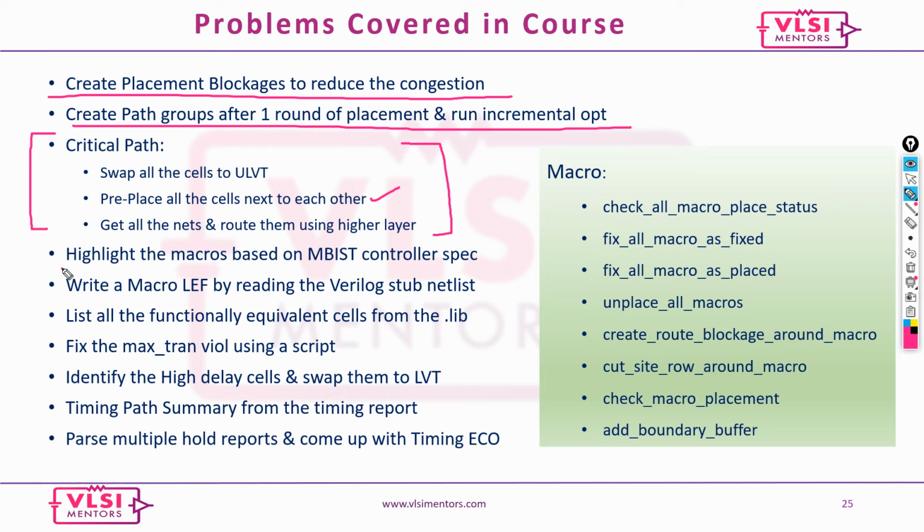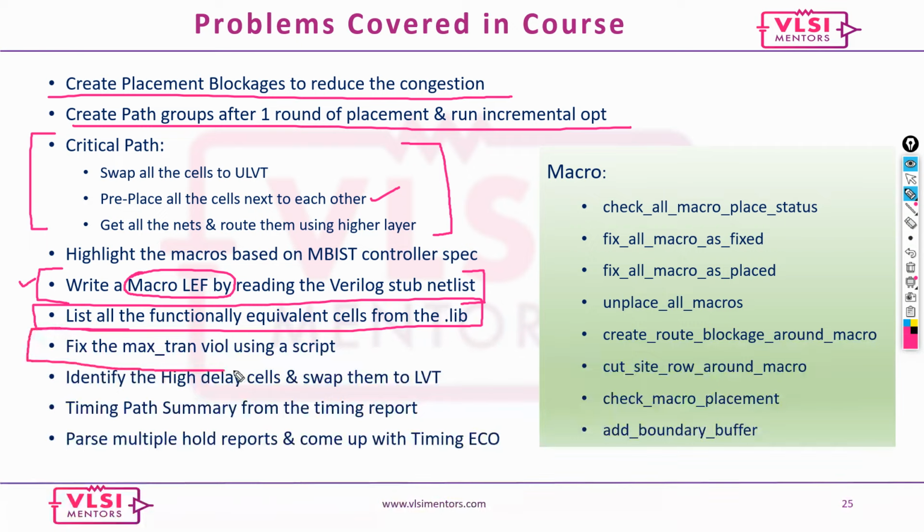And sometimes you may have only the Verilog netlist. You might get started in the initial phase, and you might want to create a LEF by yourself, so you can create your own LEF with the help of the Verilog netlist. And identify all the cells that are functionally equivalent from a given library,